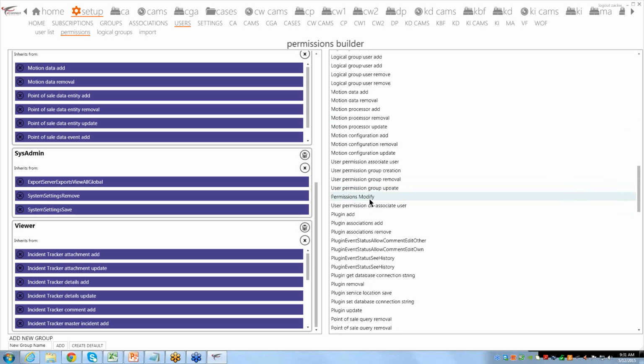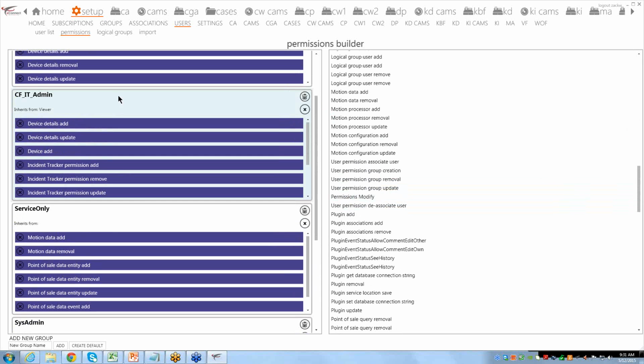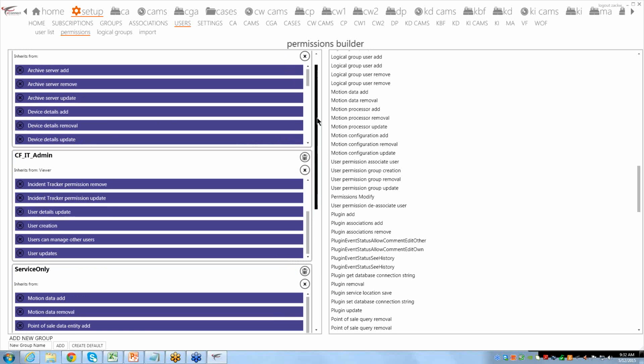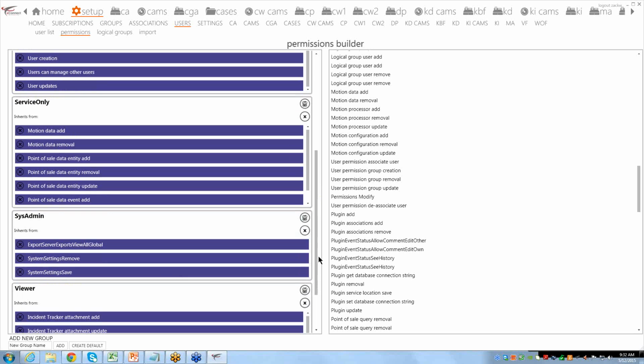So if you wanted somebody specific, if you wanted to create a new user, looks like we have an admin specific for Cedar Fair. So whoever has this permission over here is able to add cameras, add all those other things without having full admin rights. So it gives them a little bit more over what viewer can do,